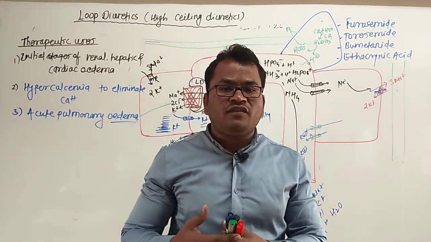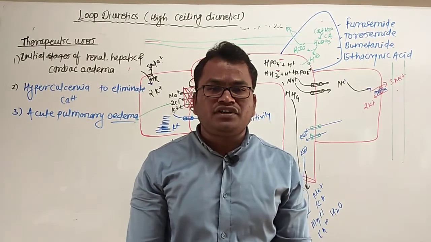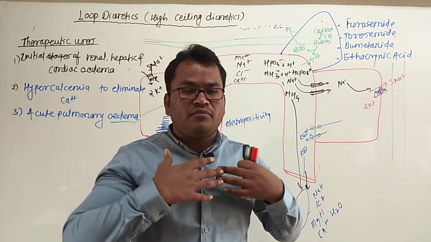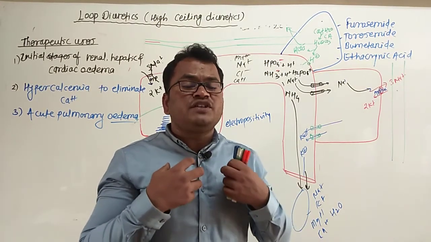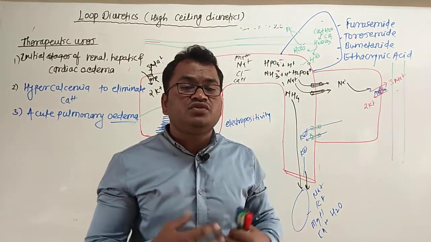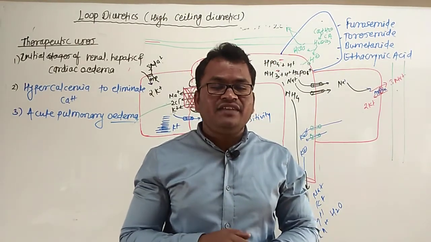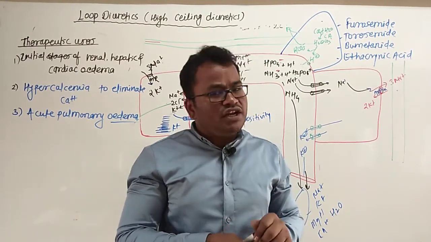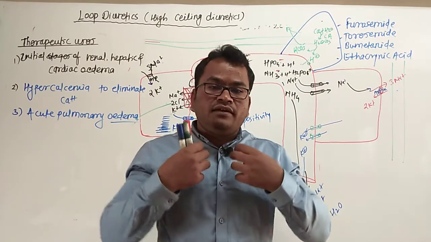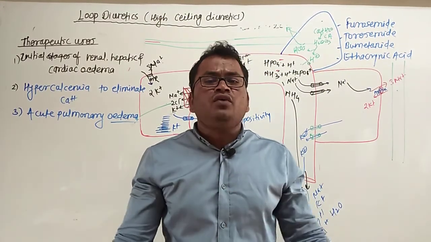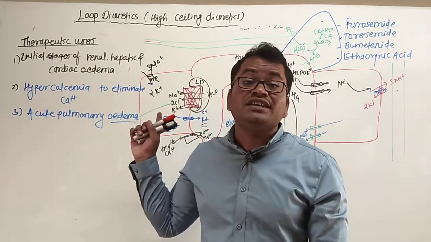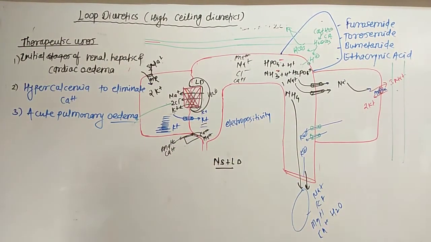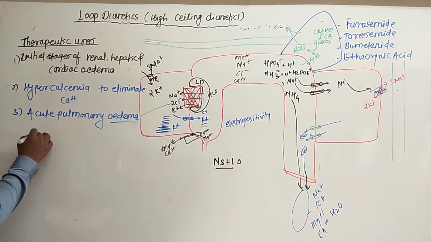Due to the right ventricular failure, there is pitting edema present in the lower limbs. But due to the left ventricular failure, there is pulmonary edema, meaning extra blood is present in the lungs, which leads to dizziness, difficulty in breathing and chest discomfort. So to avoid these conditions, the blood is shifted from the pulmonary side towards the systemic veins. This drug is used, which is loop diuretics.